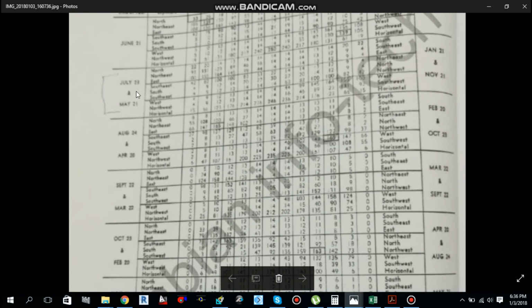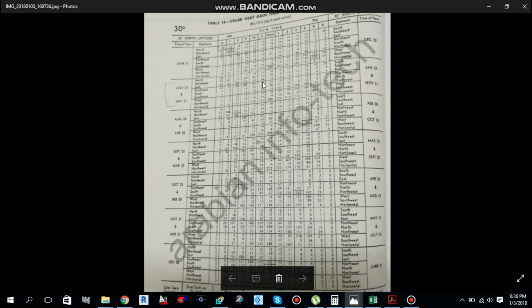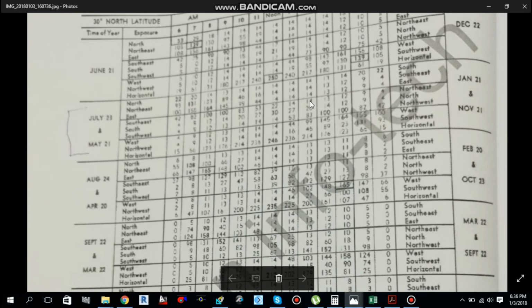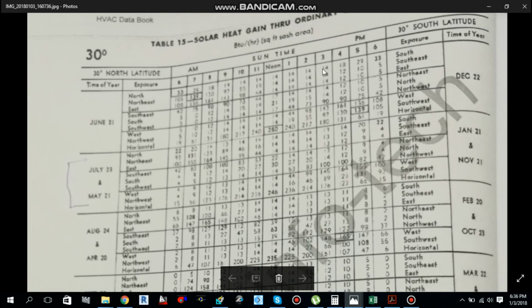As we know that the maximum load is occurring during July and May, so we'll select this one, 21st May to 23rd July, and we know that the peak time is 3 p.m. One of the glass is facing north and one is facing west. At 3 p.m. north, how much do we get over here?